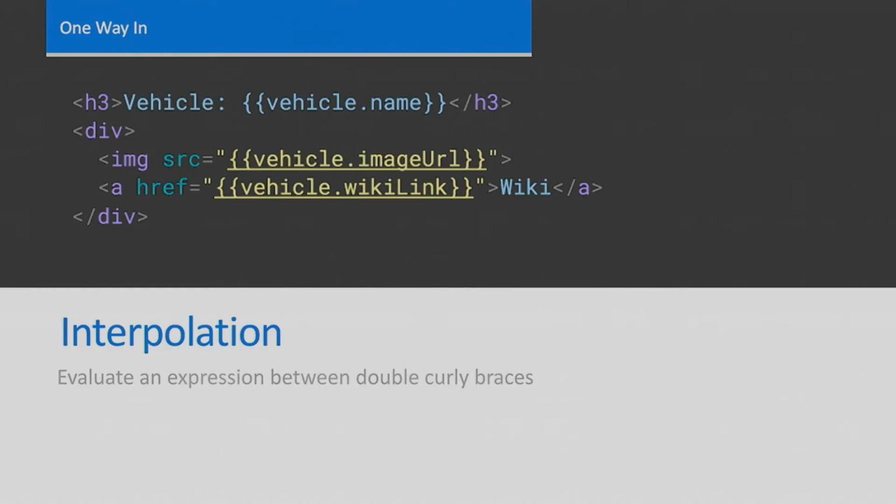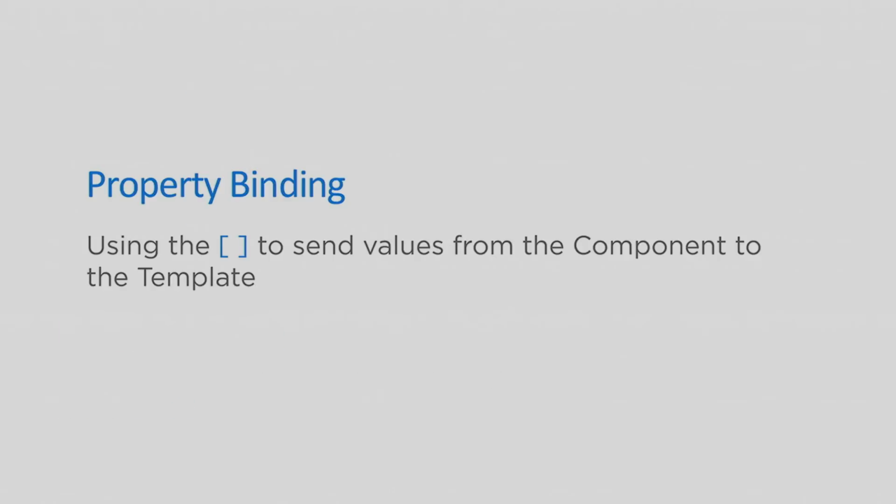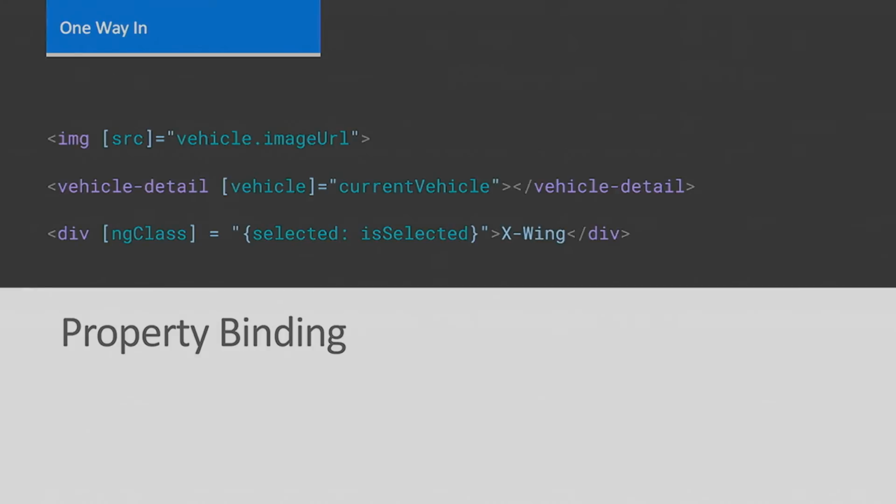So one-way interpolation, we already saw that. We can use it for source and href. If you did Angular 1, remember, you might have to do ng-href or ng-src. They're gone. Don't have to touch them anymore. You just put an expression in. You want to bind to a property? You just find that property and bind to it. Source? OK. Put the square brackets around it and bind to a property in your model.